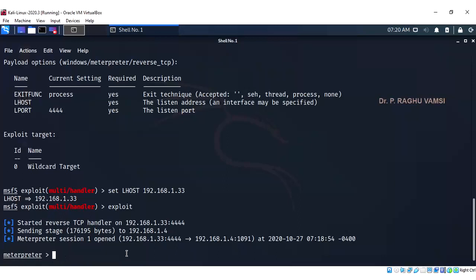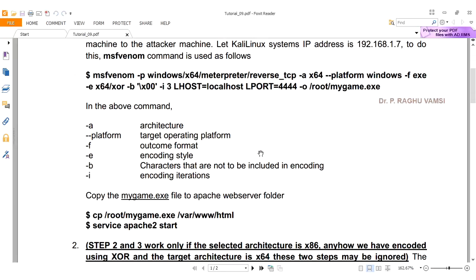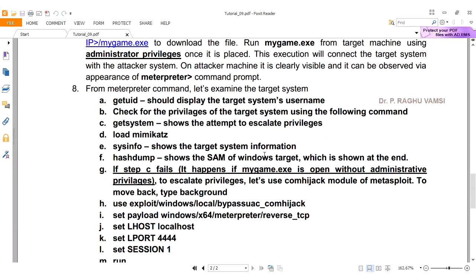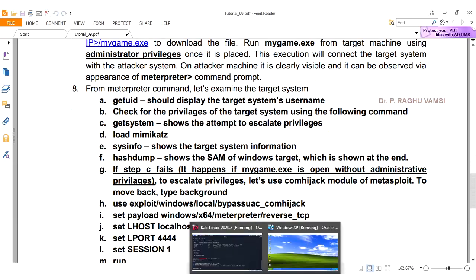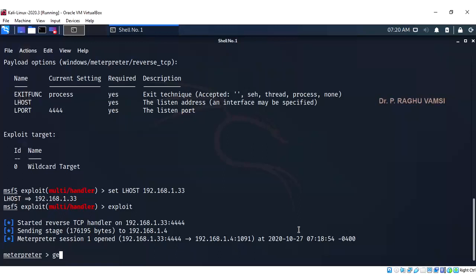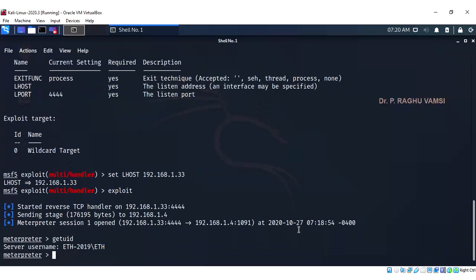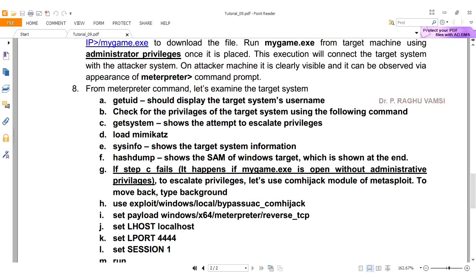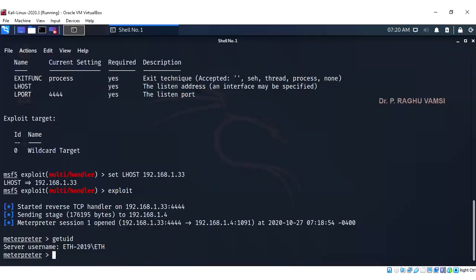In this meterpreter connection, you may use the commands given here to know the details. getuid will display the target system's username. The target system username is ETH-2019 by ETH. This is the user ID and computer name that you will get.